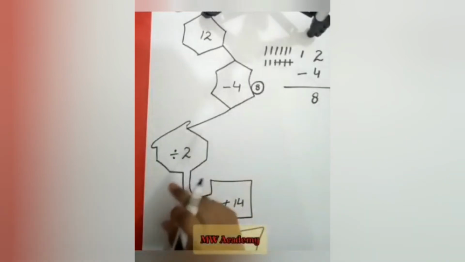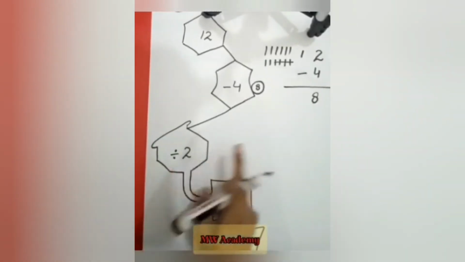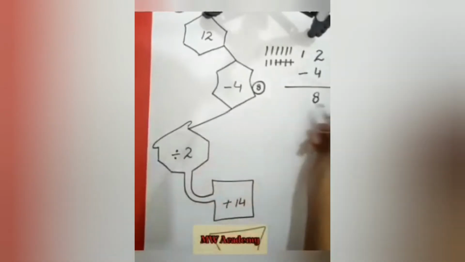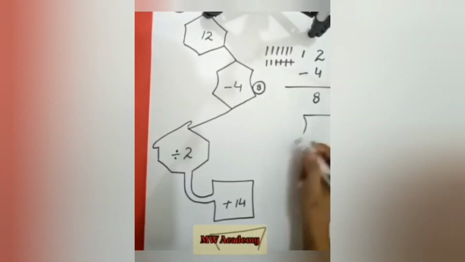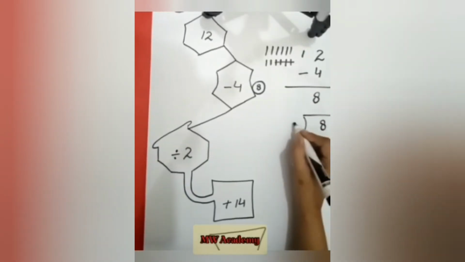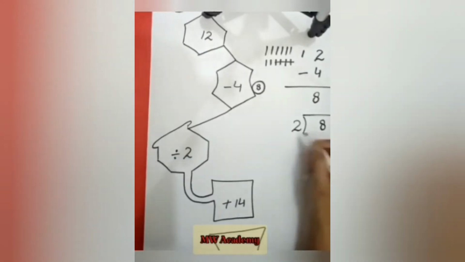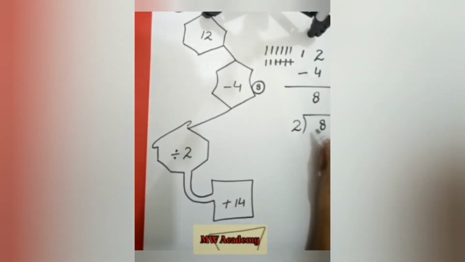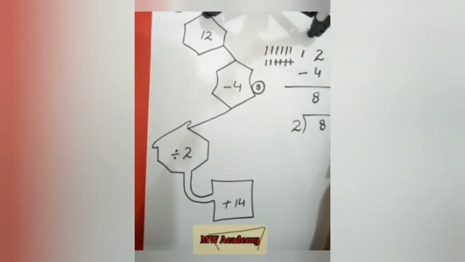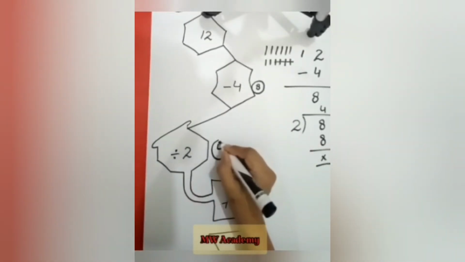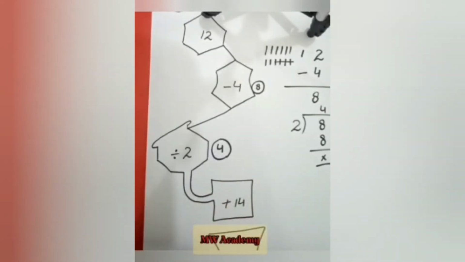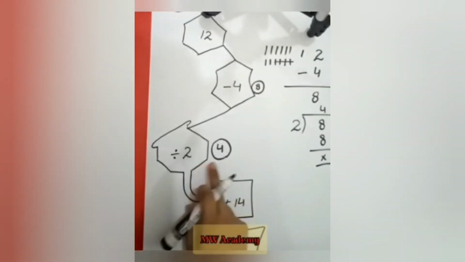Now for the next operation, we have to divide these numbers. Like we have to divide 8 by 2. You know how to divide numbers. Make a grid, 8 and 2. You know the table of 2. So in the table of 2, when does 8 come? 2 1 is 2, 2 2 is 4, 2 3 is 6 and 2 4 is 8. Now your division operation is done. And what is the answer of this? This answer is 4. For an easy way, write the answer in a circle. Okay, you have got answer 4.